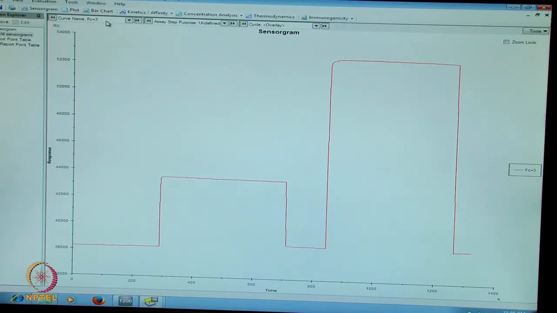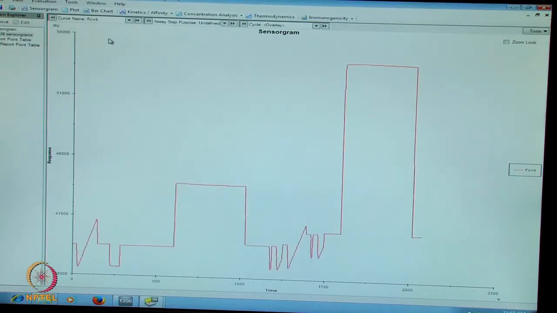Now we will go to another surface or another flow channel. Going to the next flow channel, FC4, highlight it. This is a sensorgram for active surface immobilization